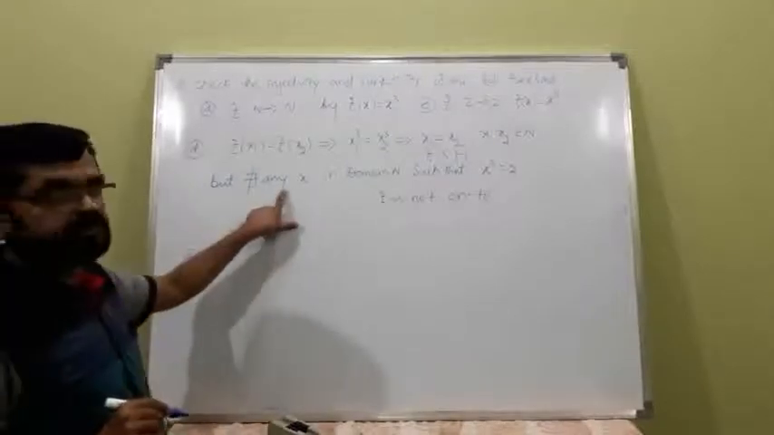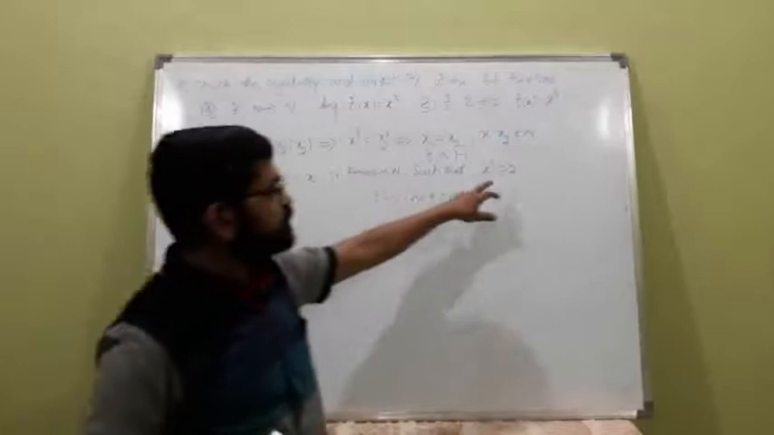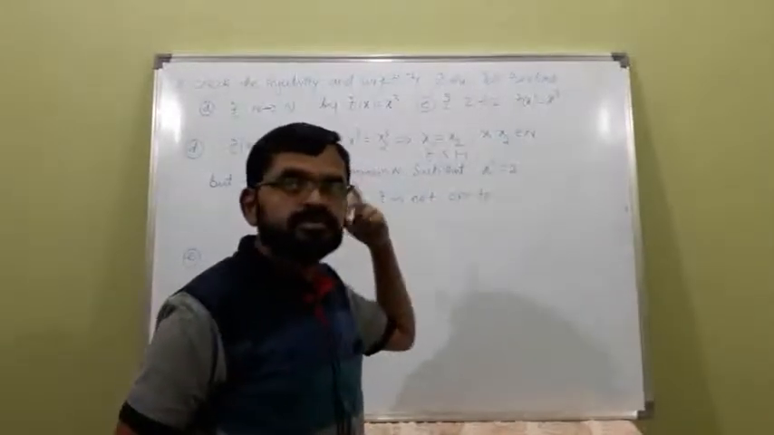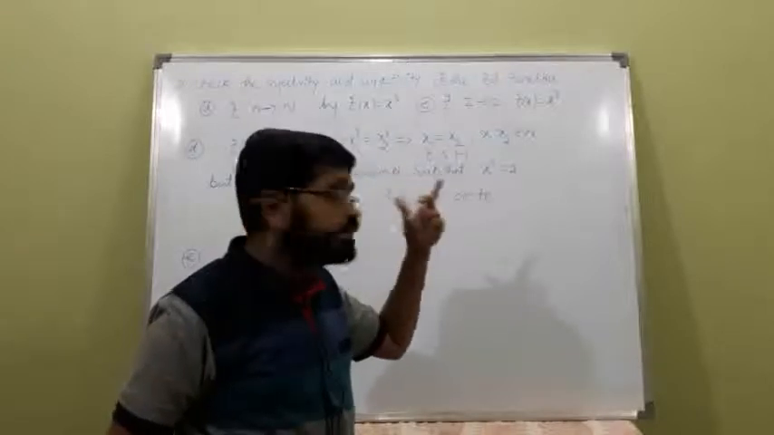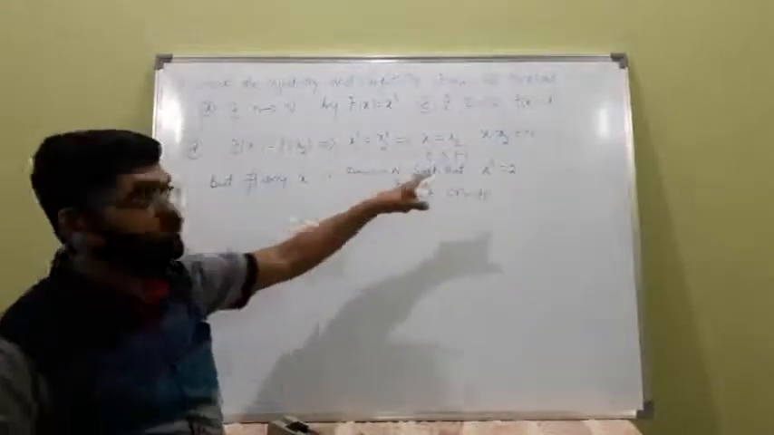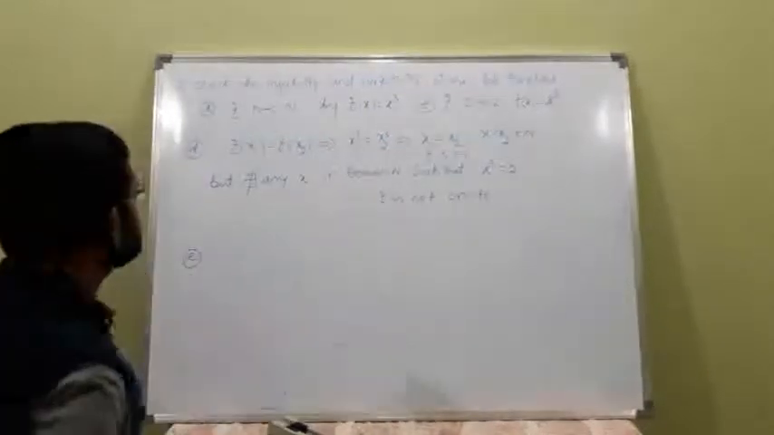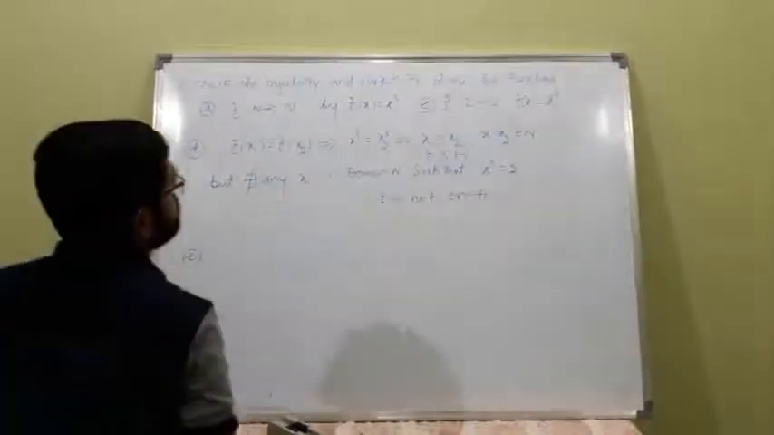Is it okay? See, there is an element 2 in the codomain. Corresponding to 2, there is no element in domain, which is cube root of 2. Cube root of 2 does not belong to set of the natural numbers. So, E is